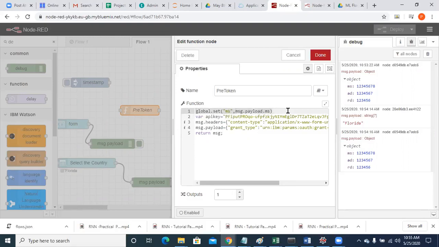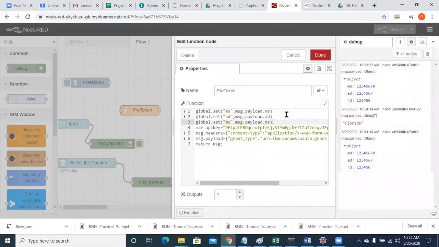The same thing, global.set ad, message.payload.ad, global.set rd, message.payload.rd. So whatever values I'm getting from the form, I'm setting them to global variables called ms, ad and rd.